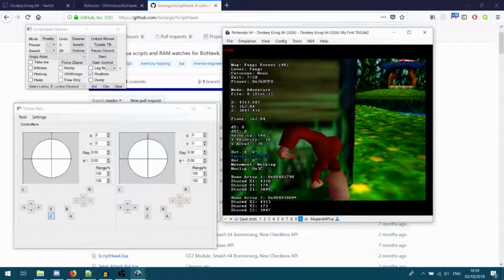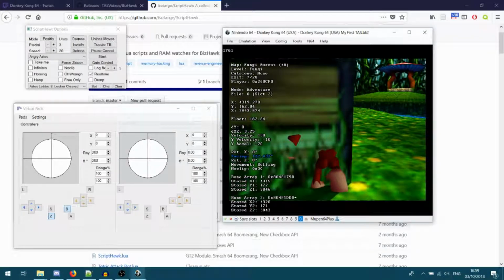Neutral and Z for the frame. You want to make sure that you're doing this so you're just clipping through the wall with your phasewalking ability. You don't want to be doing that neutral and forward for too long, otherwise you're losing speed doing neutral. So you want to press Z and then roll, and you'll be rolling through, and you'll still keep your phasewalk ability